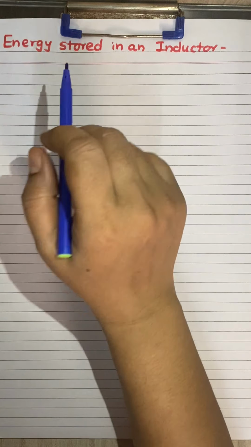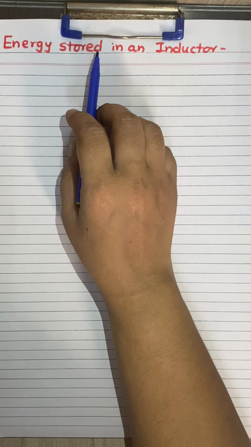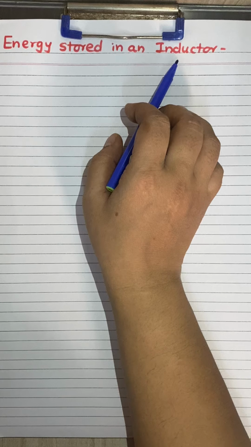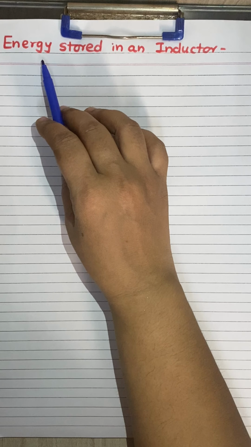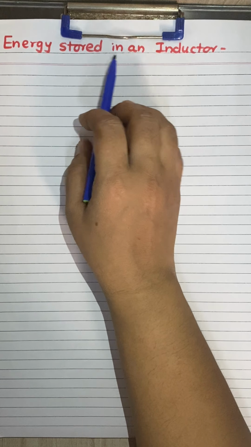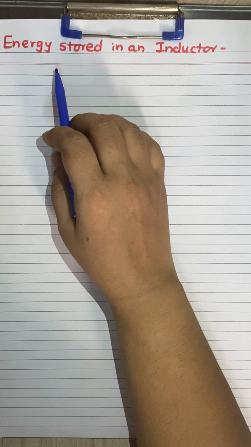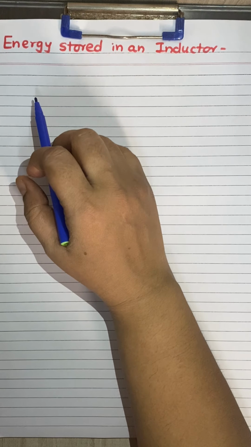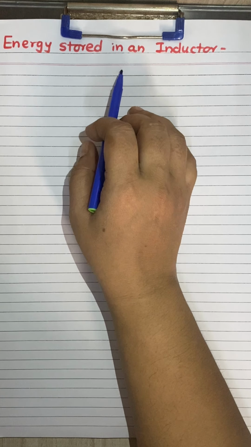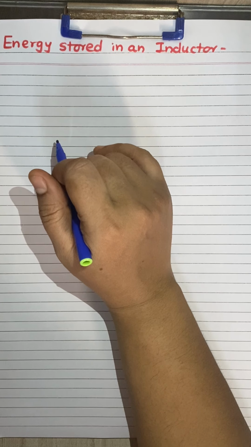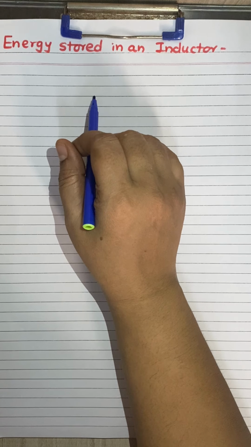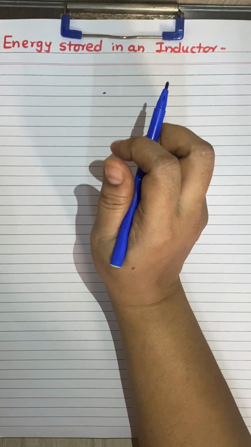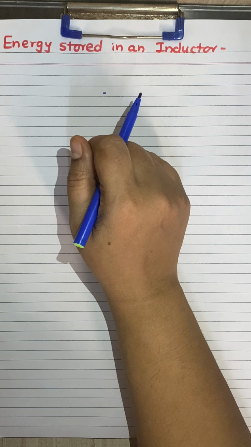Children, now we want to find out the energy stored in an inductor. We have to find the expression for the energy stored inside the inductor. Let us consider why the energy is stored. When the inductor is connected to the source of EMF, the current starts growing through it, and the induced EMF is set up in the inductor, which opposes the growth of the current through it according to Lenz's law.